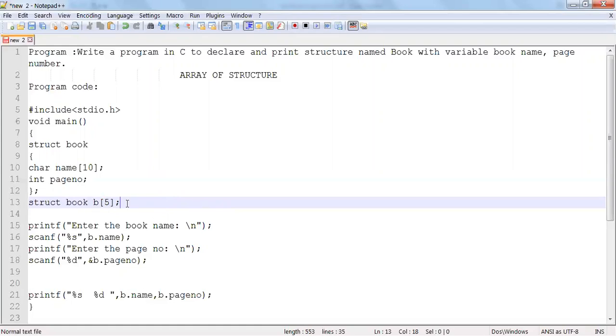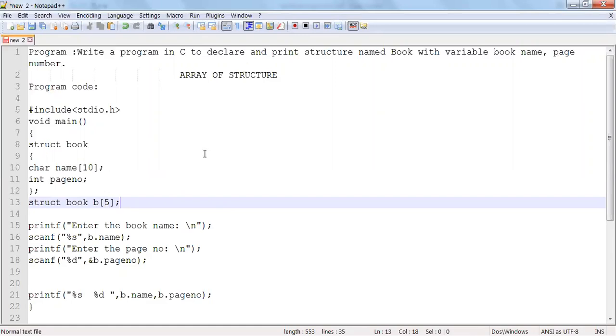See now, rather than creating five variables, I have created a single variable, that is b, that is an array. That means b is a variable name having structure data type, and the capacity of b is 5. So it is an array of what? Structure.